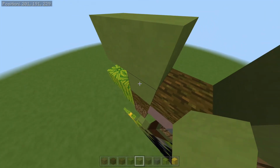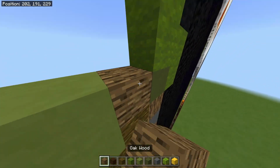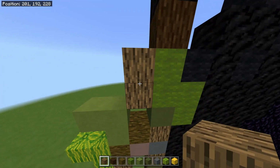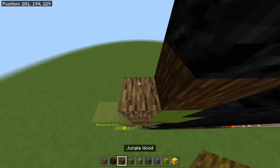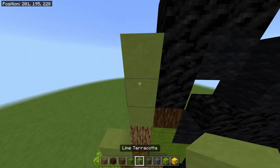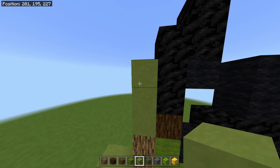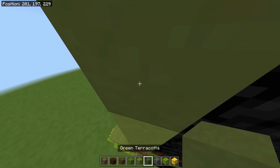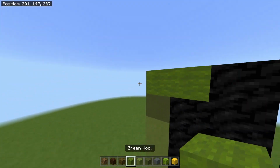From the top block of these 2 lime terracottas, you're going to place 2 oak logs going diagonally up to the right, going up on the right. On top of that, place 3 lime terracottas going up like so. On top of that, place a green terracotta with a linked 2 green walls going across on the upper level